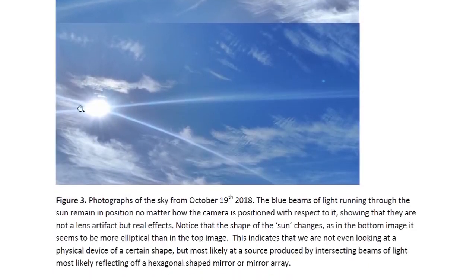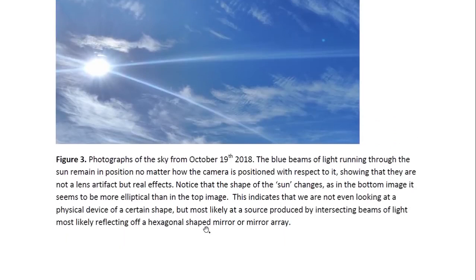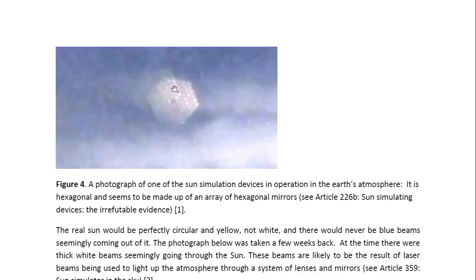So this shows that this light source is actually changing. And the fact that it's changing indicates that it's most likely a reflection. So possibly light beams reflecting off a mirror array,